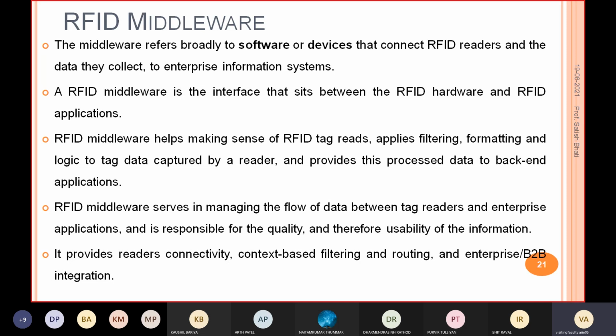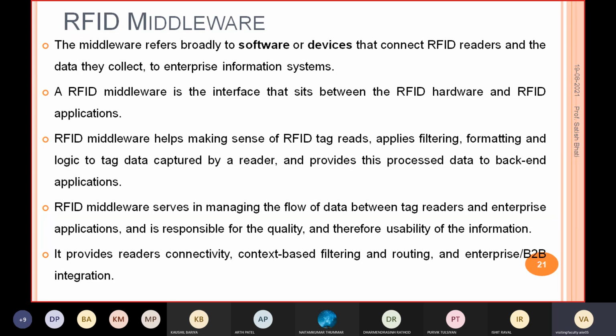But at the user end, what information you want, in what form you want the information, all of that is done by the middleware. So you can say it's responsible for the quality, and by that the usability of the information, like how effectively your system is using the information.